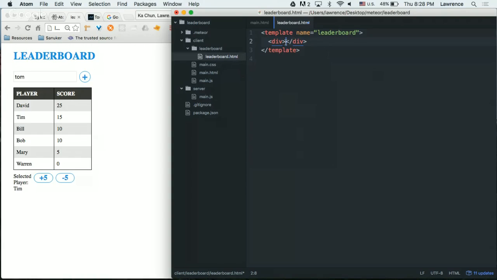It's a faster way: you just type what you want, and tab does the rest for you. If you see something more than the div, like class or name or whatever, just leave it alone. That's okay, because Atom tries to be really smart and auto-create something for you, but you can ignore that. Okay, so you now have the div.